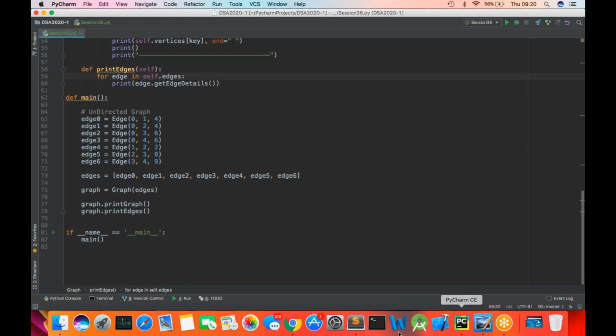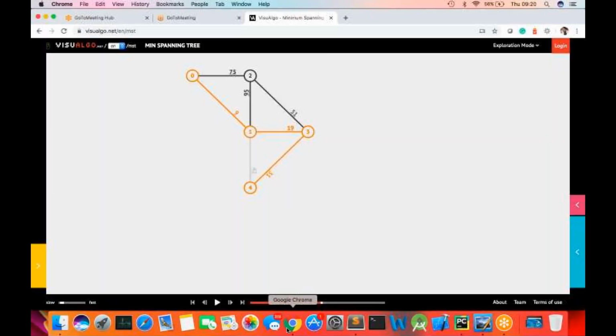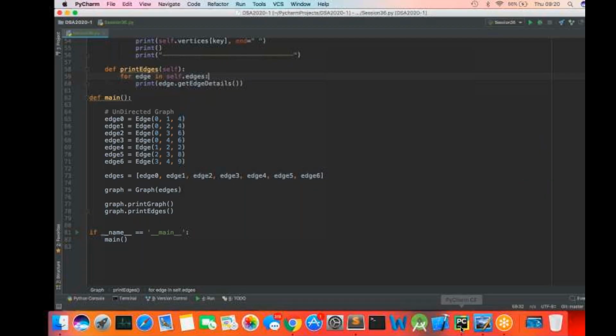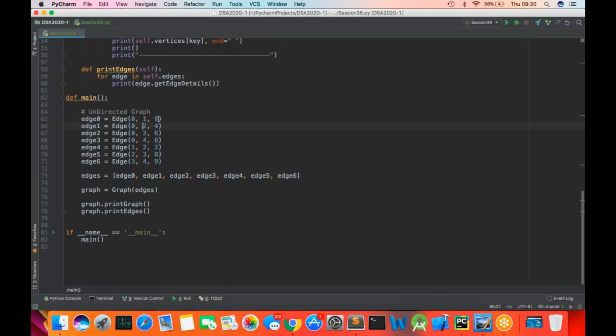So looking from this algorithmic approach, I'm going to add these edges. I have 0 to 1 with 9, 1 to 3 as 19, then 3 to 4 as 31. So what I'm going to do is add these edges into your graph. Rather than our edges, we'll add the same edges. So 0 to 1 we got 9, then 0 to 2 we got 75,